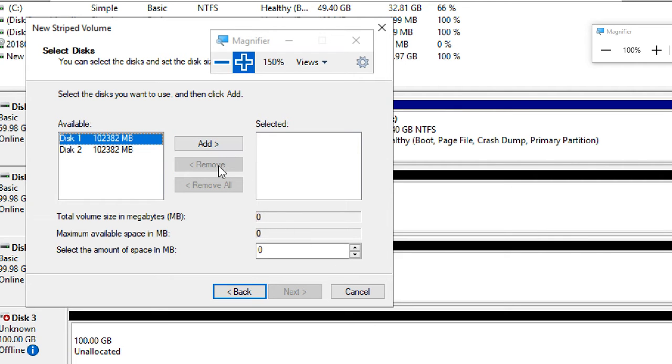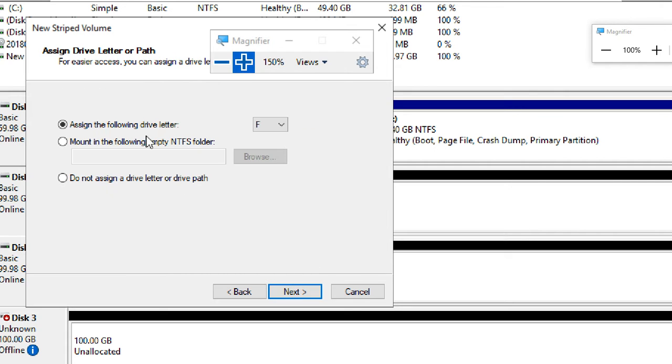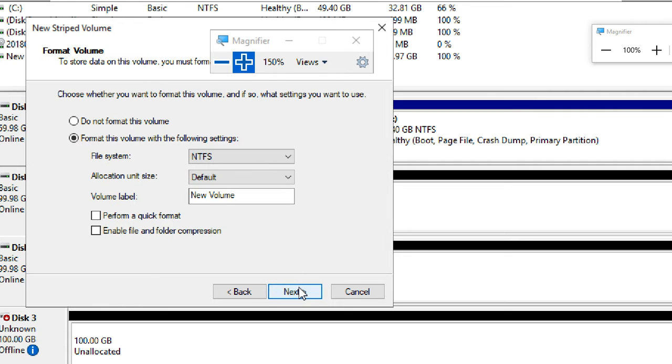So add the first disk, add the second disk. Next, a letter will be assigned, like the F drive. The partition is NTFS, and if you want to give it a name, you can.